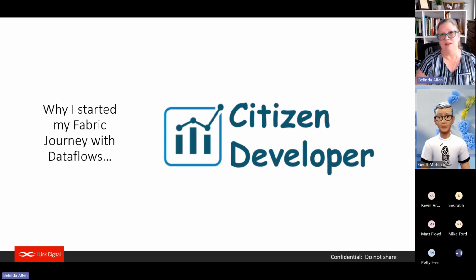Well, this is one of my logos, citizen developer. I don't consider myself a highly dev person or in-depth dev person, and yet I could easily do so many components inside of Fabric. I could take the data and do a lot more with it, more than I ever could in Premium personally, because they've made it easy for me.